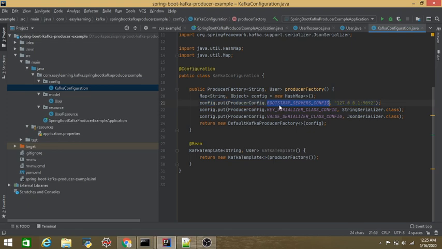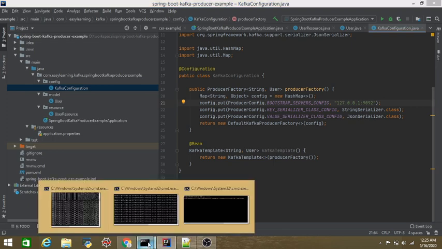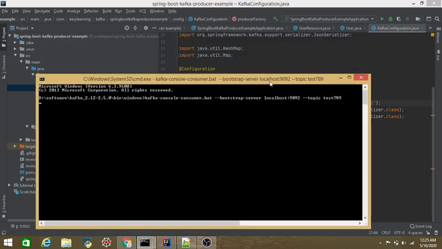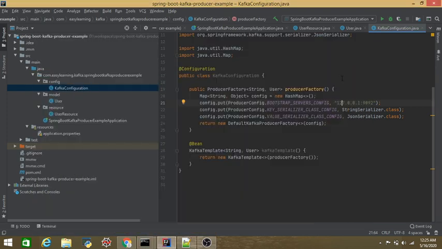Remember guys, the first value is the server where you are starting your Kafka server; the address you need to provide here. Currently I am working with Kafka running on the localhost, so we have to give 127.0.0.1, and the port is the default 9092, which we are providing.